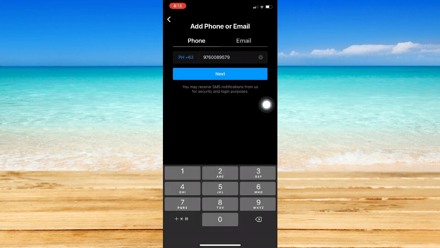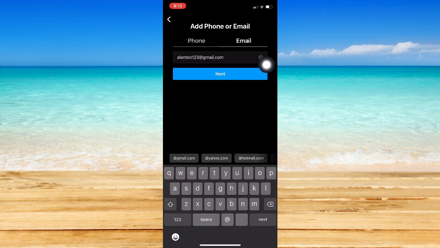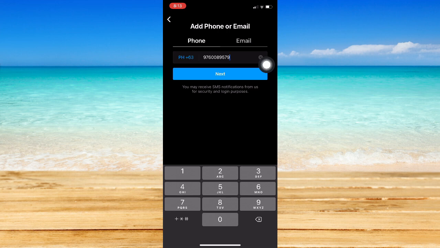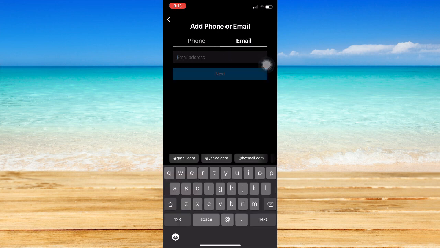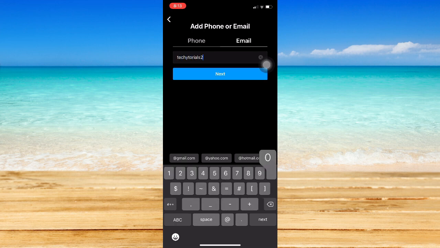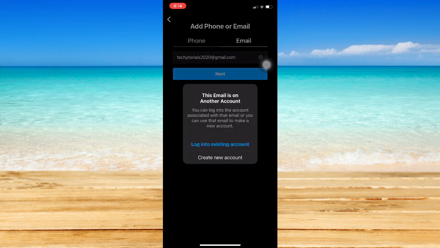Click on next once you are done and then type in your phone number or your email right here. So you just type in and then click on next once you are done. So I'll just type in email right here and then click on next and then make sure that your email has not been used yet on your other